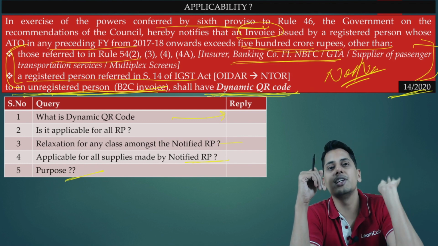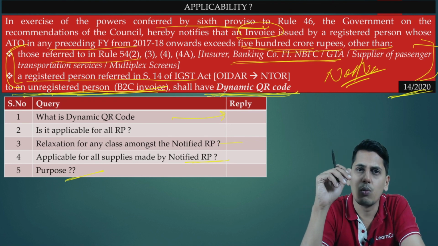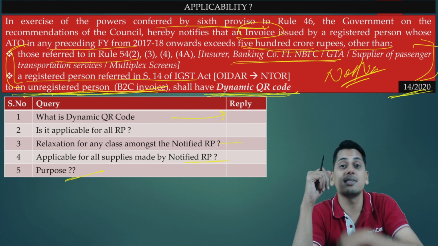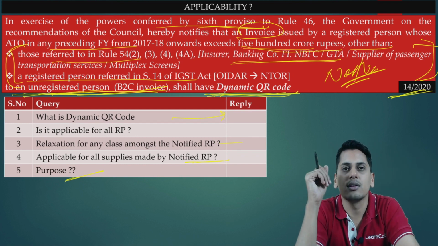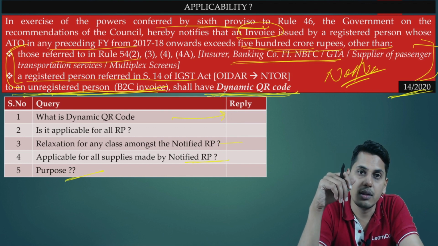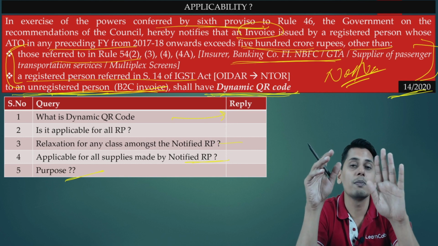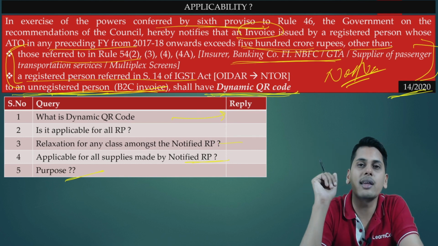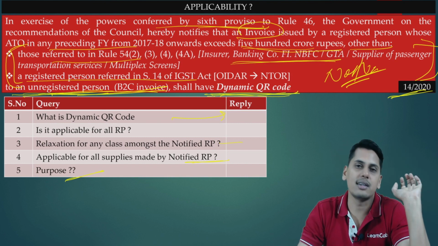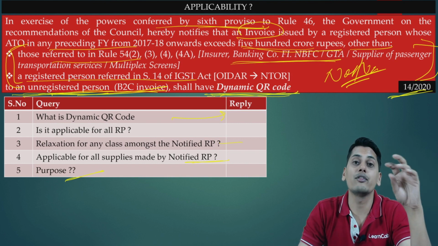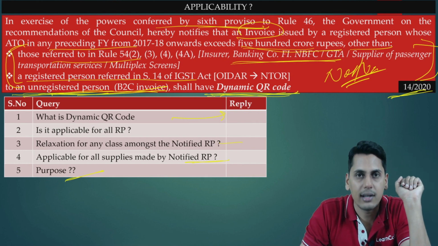Here, encourage digital payment facilities. When you encourage digital payment facility, what happens? The end user makes the payment using digital payments. He electronically discharges his invoice. Whatever he is supposed to pay against this invoice, he is electronically paying it. So the moment the amount is coming into a bank account, now the trail is created. It would be difficult for this type of supplier to evade the taxes.